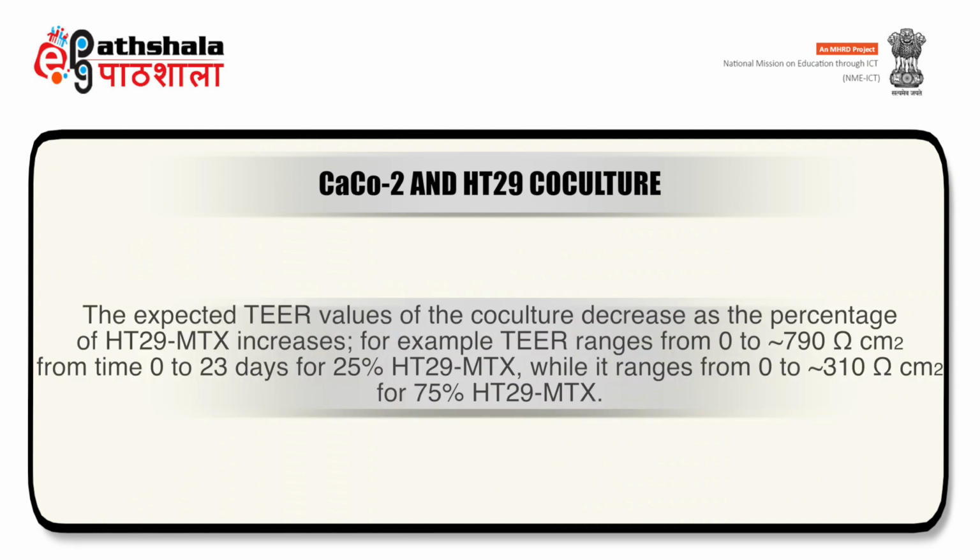The expected TEER value of the co-culture decreases as the percentage of HT29-MTX increases. For example, TEER ranged from 0 to 790